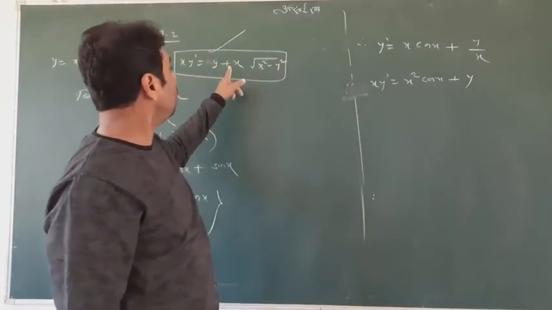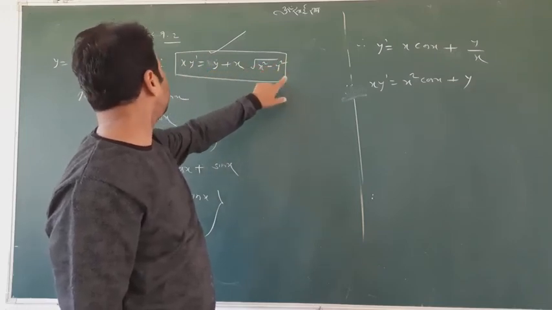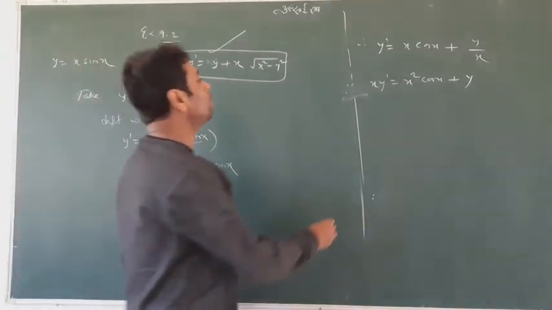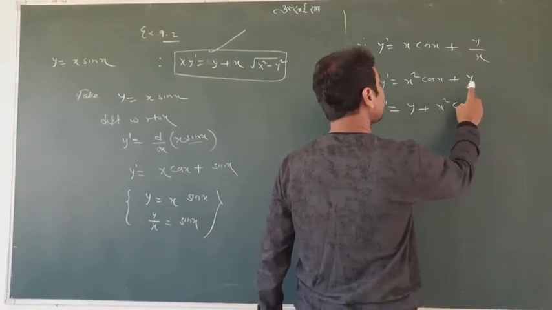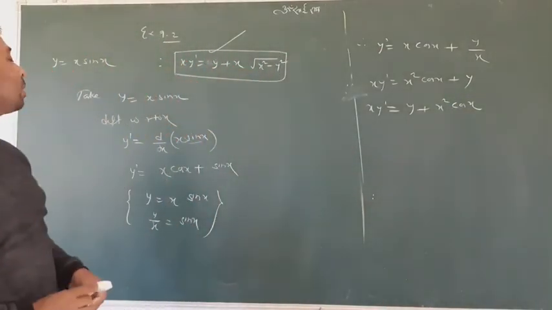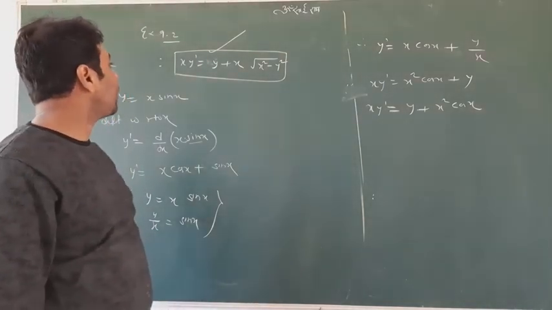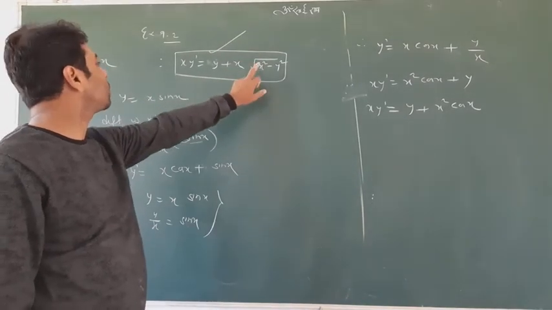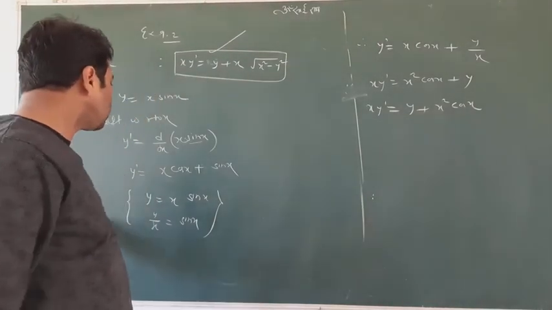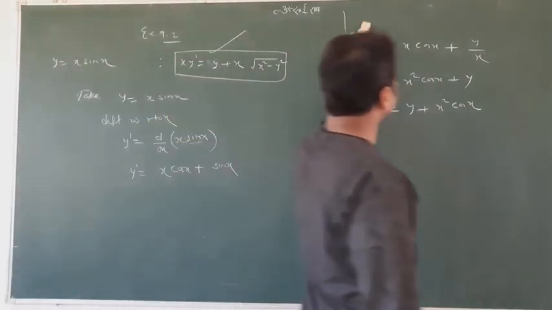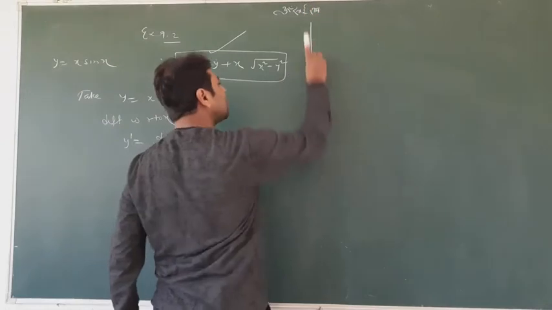Yes, slightly, not all, but still we will try. X y dash we got, and we need y plus x square minus y square. Students, we have y has come, x square cos x is here. So we try something. Can we go with x square and y square? I need x square minus y square. I think I should take a side. I am not getting the answer instantly, so I just want to rub this portion and take a side. I think taking a side is good here.